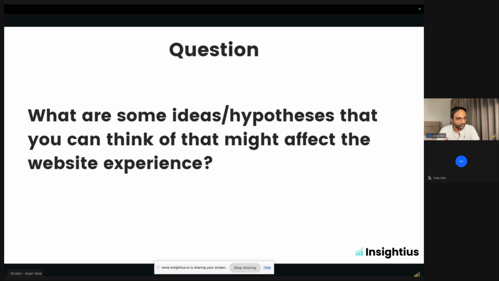Website is slow is one that you got. What else? UI has changed. Yeah, UI is not familiar. People were familiar with some other UI. Now it's changed and it's not really easy. Yeah, good point. What else? Break down the metric. It could be due to reviews going down or more number of folks haven't responded. Yeah, that's a good point.